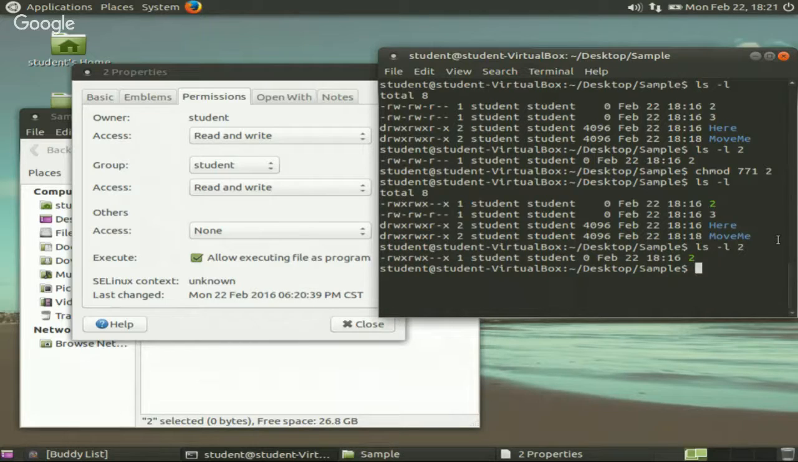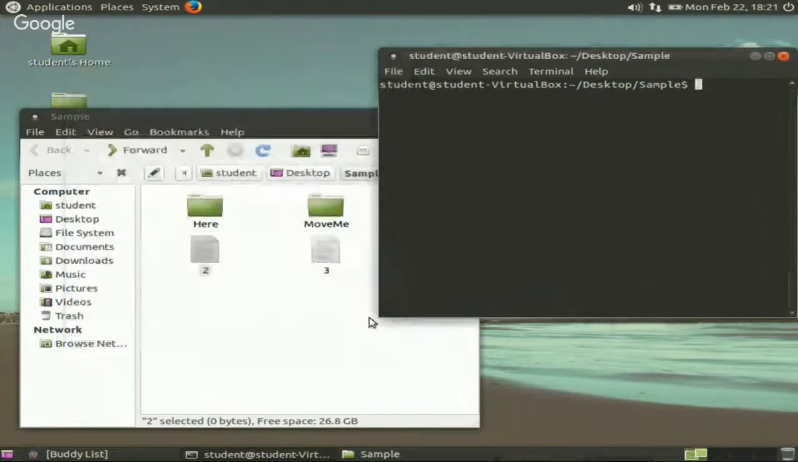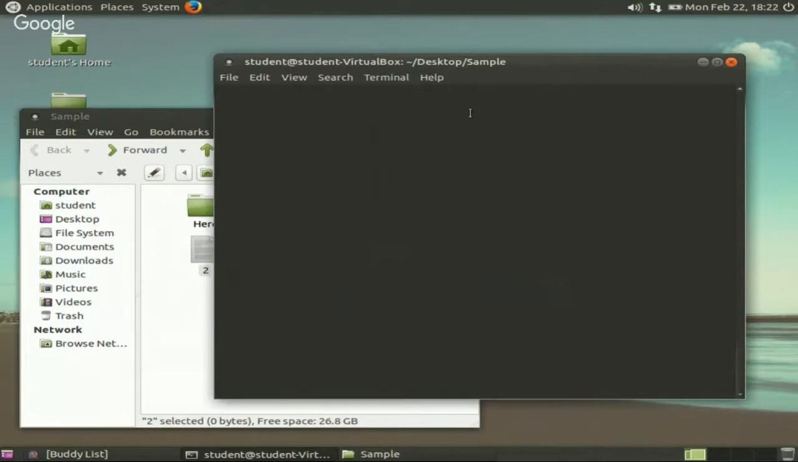So I'm going to clear this. I close this out. And I'm going to go through some other commands that I think are necessary, and then we'll talk about shell scripts and some other stuff. So some other commands that are necessary